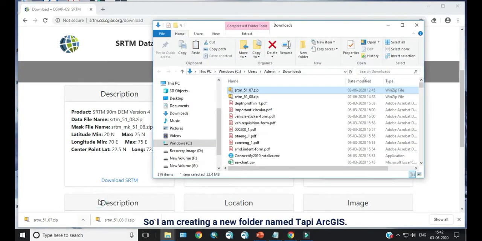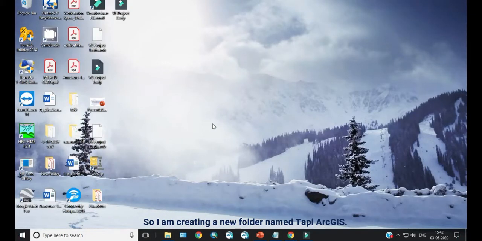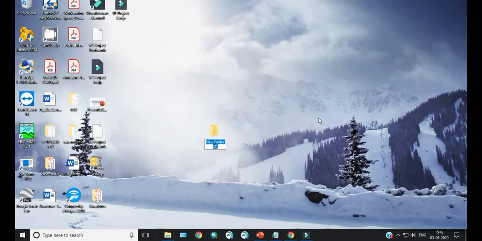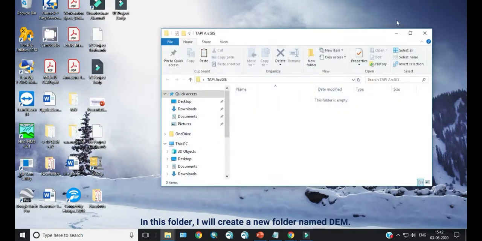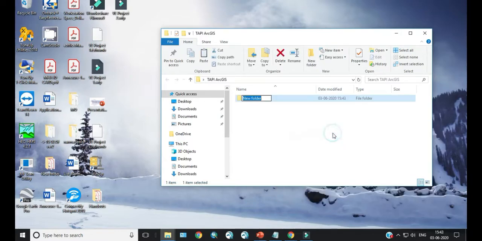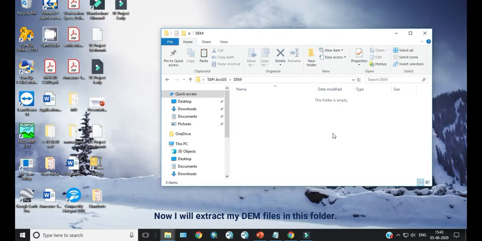So I am creating a new folder named Tapi ArcGIS. In this folder, I will create a new folder named DEM. Now, I will extract my DEM files in this folder.